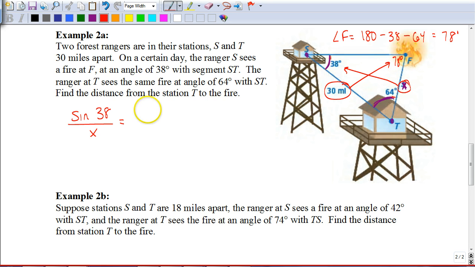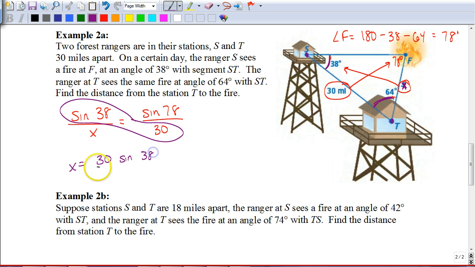So it's going to be the sine of 78 over the side across from it, which is the 30 miles. And now in order to find out what X is here, we're going to solve this proportion. To solve a proportion, we multiply the two values that are diagonally across from each other and divide by what's left over. So we're going to take 30 times the sine of 38. Now it's important to do it in this order: 30 times the sine of 38 and not the sine of 38 times 30,